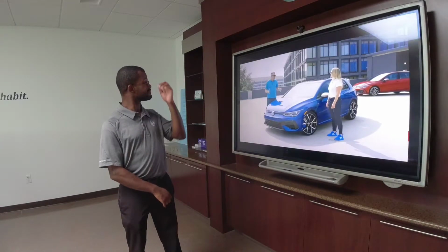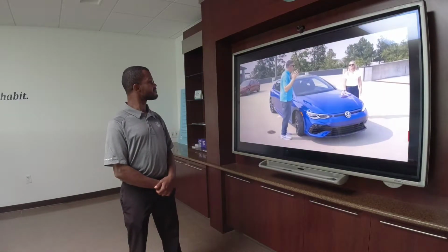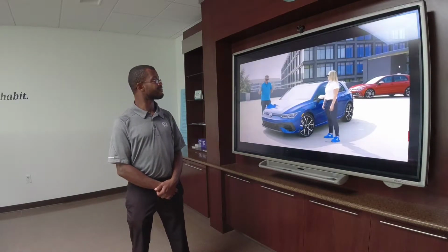Now, it started back in 2003, where a bunch of Wolfsburg engineers from our GmbH said, let's make the fastest Golf ever produced. We know they crammed that legendary 3.2 V6 engine into...